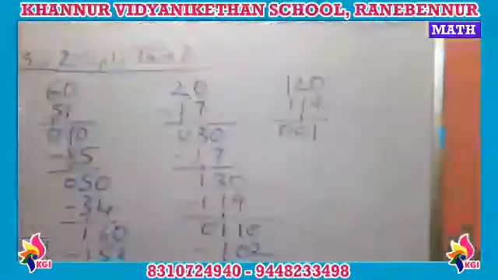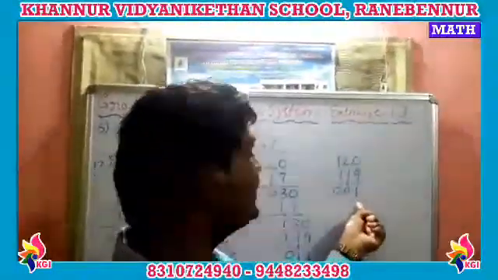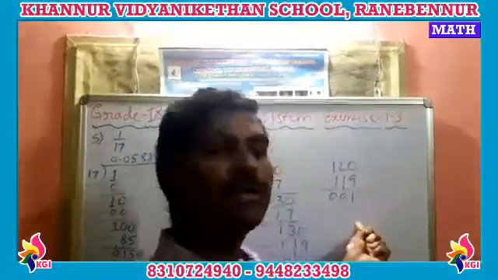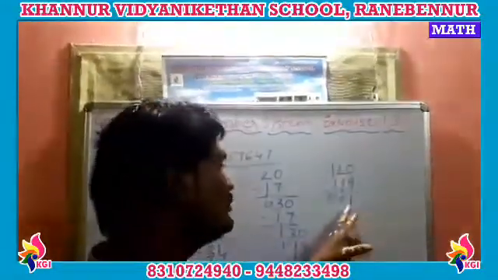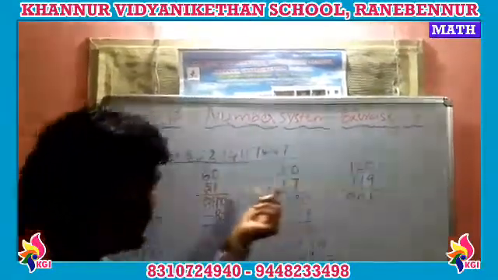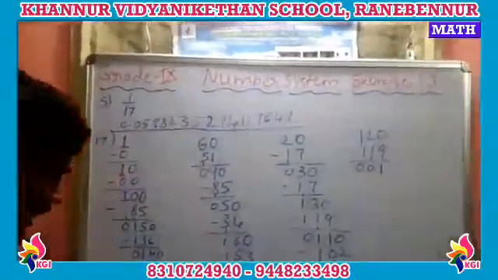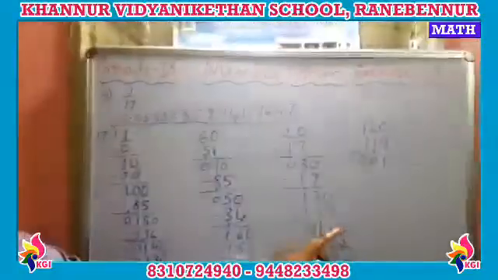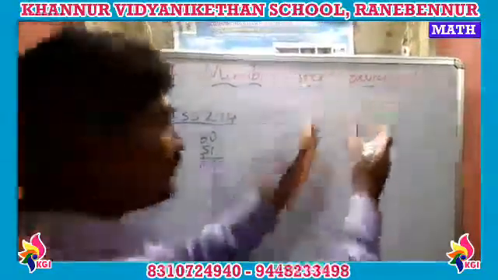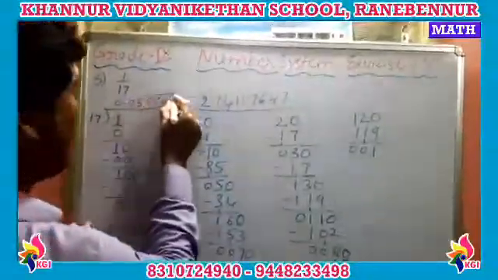Okay children? Check it over, children. I remained with a 1. Now I can take 0. The number is going to become 10. So if it is 10, check it out here. It is also 10, right? If it is 10, the same thing is going to repeat. Instead of going again still more, I can make a bar here.